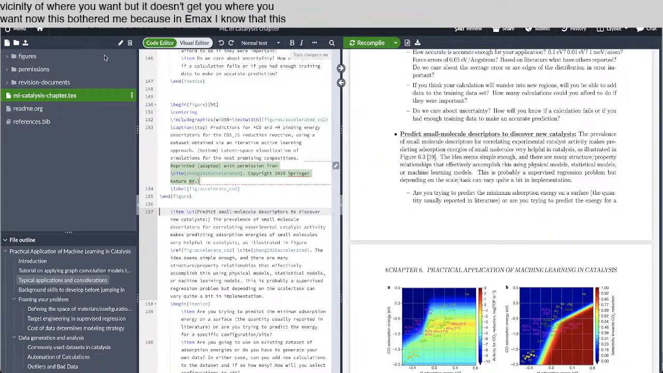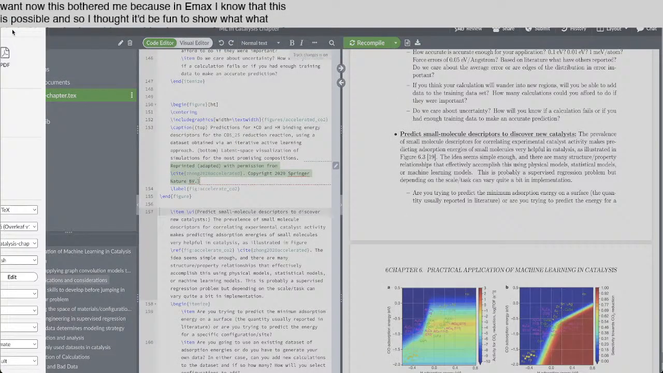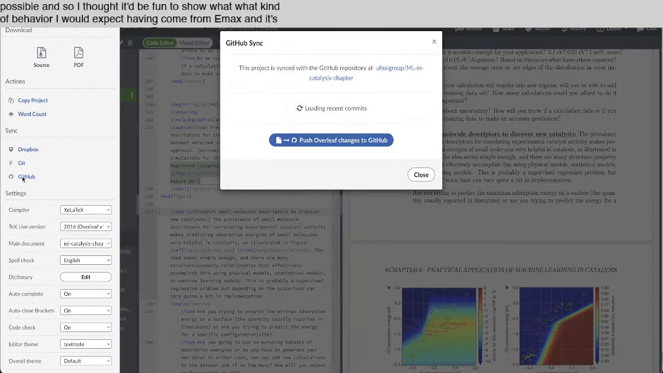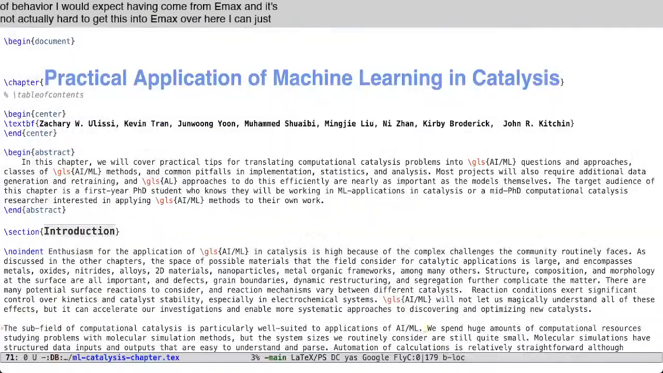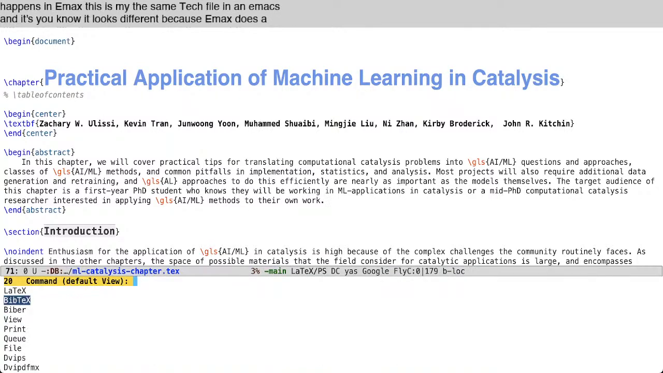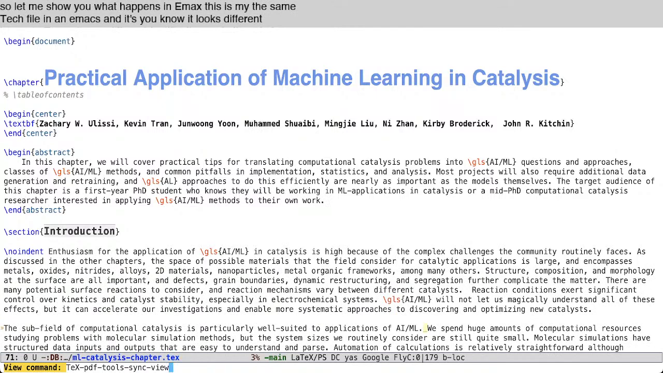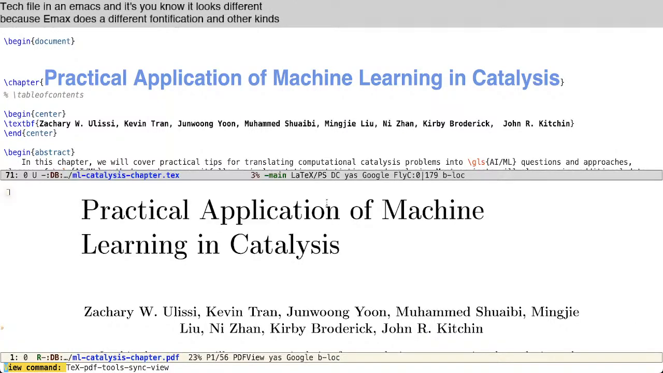And it's not actually hard to get this into Emacs. Over here, I can just go to GitHub and sync it to a GitHub repository, and then I can clone it locally and work on it. So let me show you what happens in Emacs. This is the same text file in Emacs, and it looks different because Emacs does a different fontification and other kinds of things. But from here, I can compile this, and I can see it like this,